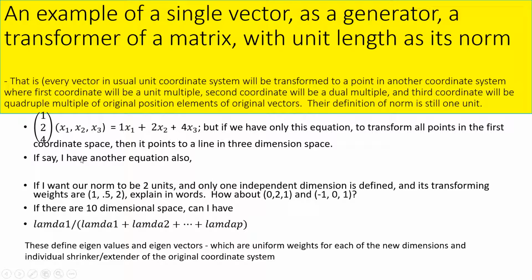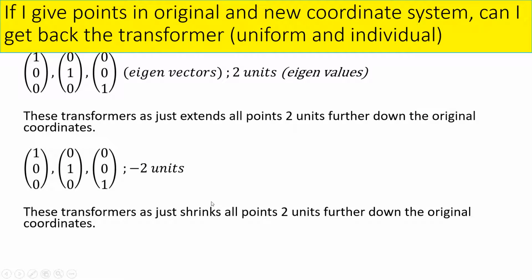So I have these examples, a very interesting example of a single vector as a generator. Sometimes the eigenvectors are also called generators because they generate the data. You can go back to the original data using those eigenvectors, either approximately or exactly. Why do I say approximately? Because if you use fewer eigenvectors, you will get an approximation. Okay, and here some notes are there,